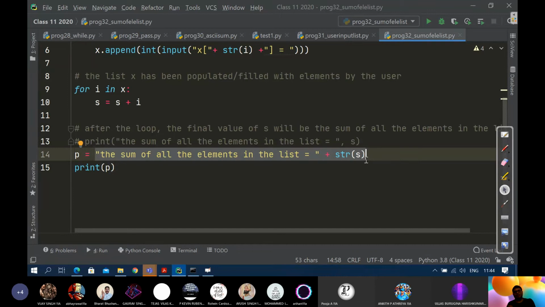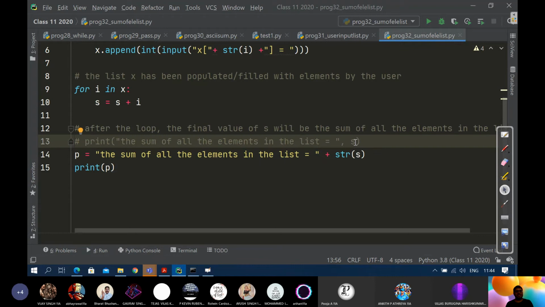Okay. So here one string only is there, and here one string and one integer is there, which can be given in print.